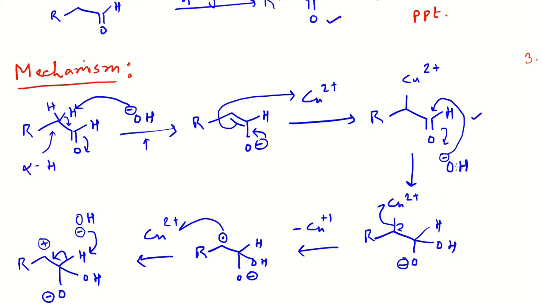The consecutive reaction between this intermediate and OH- produces this intermediate, and this Cu2+ basically abstracts one electron from this copper-carbon bond, and another electron remains as a radical center in this intermediate. Then another Cu2+ oxidizes, or abstracts, this single electron from this carbon center to convert this into the corresponding carbocation species.